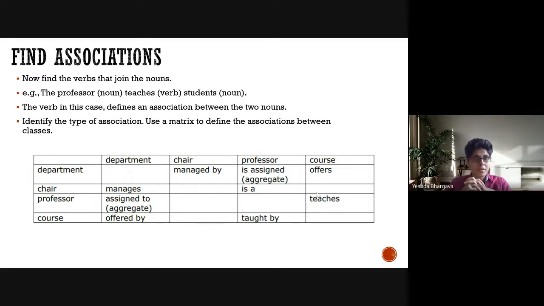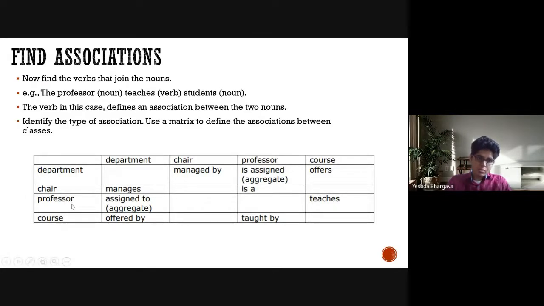Yeah. Correct, Prasad. Thank you. As important as it is to identify the roles played by different classes, as we had seen in understanding the functional requirements, it is not only important to understand what the system is doing, but also what it is not doing. Similarly for the classes, the chair is not directly involved with course, so there is no relationship between the chair and course. It's directly related to the department.